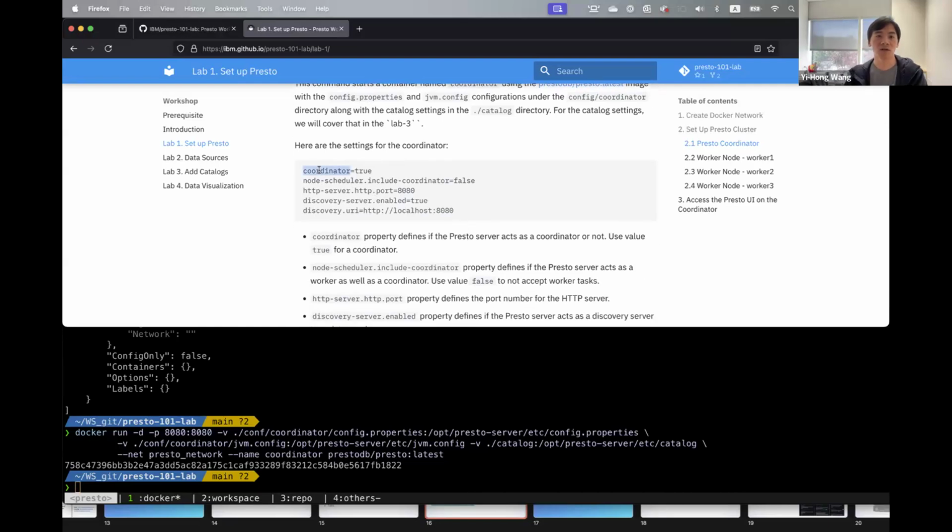The first one is we call coordinator equal true, which means that the processes we're going to kick off is actually a coordinator. And then the second one is saying no scheduler include coordinator, which means that sometimes if you don't have that much resource